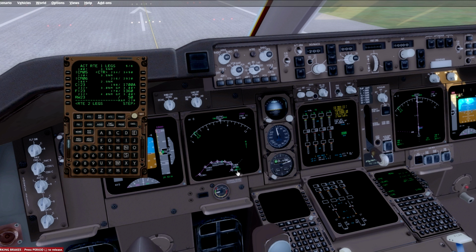We start working backwards in many respects, because a VNAV profile is worked out from the last point here. So the VNAV profile is worked out from here, here, here, and so on all the way back. VNAV profile is worked out in reverse from a particular position. So what we want to do is adjust it in reverse. So put 2,000 feet as the altitude, and we're going to pop it in there, India Charlie Mike 6 there,